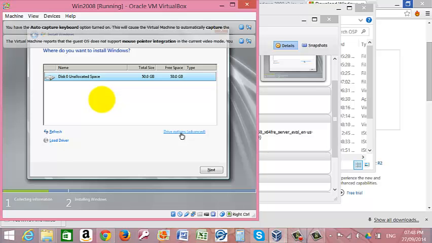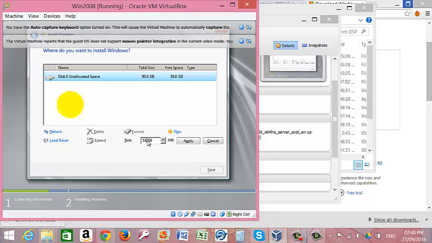And here we are going to work on our drive options. Now notice when we set up our virtual drive, we had it at 50 gigabytes. So under drive options, we are going to make things a little bit more interesting. We are going to create two partitions, one for the operating system and one for the storage of data. So I'm going to click new,